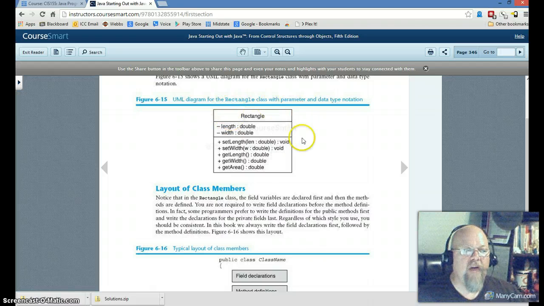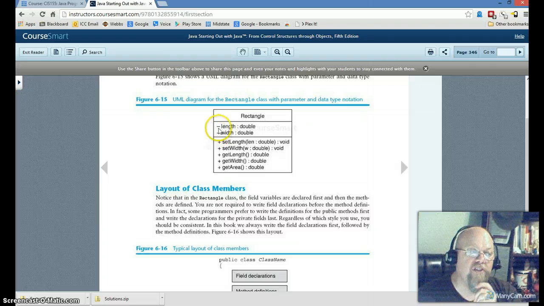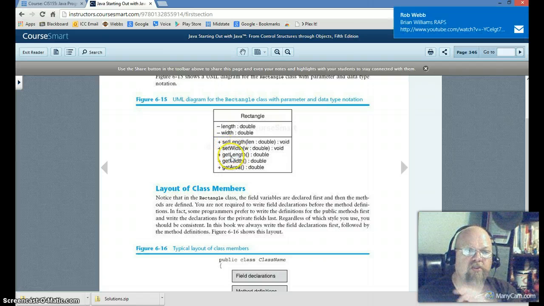So again, if I were to read that, I now know how to code that. Okay. I don't know how to code get area because it's not described in there yet. So now if we saw a pound sign instead of a minus sign, that's protected. And protected means that it can be seen by the project but nothing else. There's no other areas that can see that. Okay, so